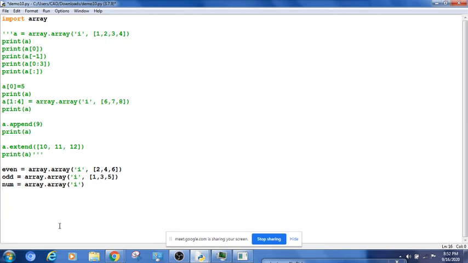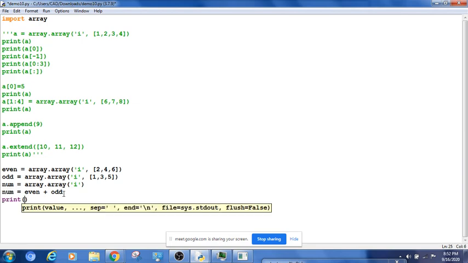I hope you understood. We have created an empty array like this, I have shown you before also. Don't give the list, it will create an empty array. Now to this empty array I will say num equal to E1 plus odd. That's all. These 2 arrays will be added and stored into this using a plus operator, concatenation of two arrays, creating the third array which will have elements of both.